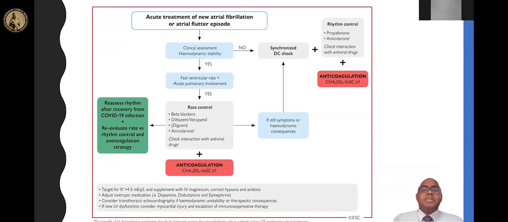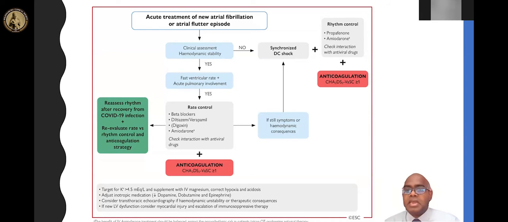So we will discuss a bit of a flow chart about common arrhythmia presentations. Now, if the patient is having atrial fibrillation, we first evaluate whether the patient is hemodynamically stable. If the patient is not hemodynamically stable, we shock the patient with synchronized cardioversion. And after that, we could always go for a rhythm control strategy or rate control strategy, depending on the patient's